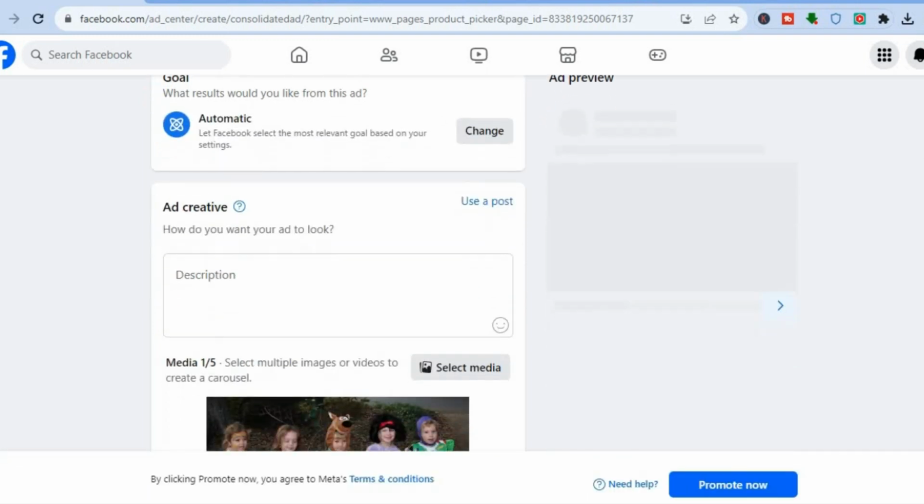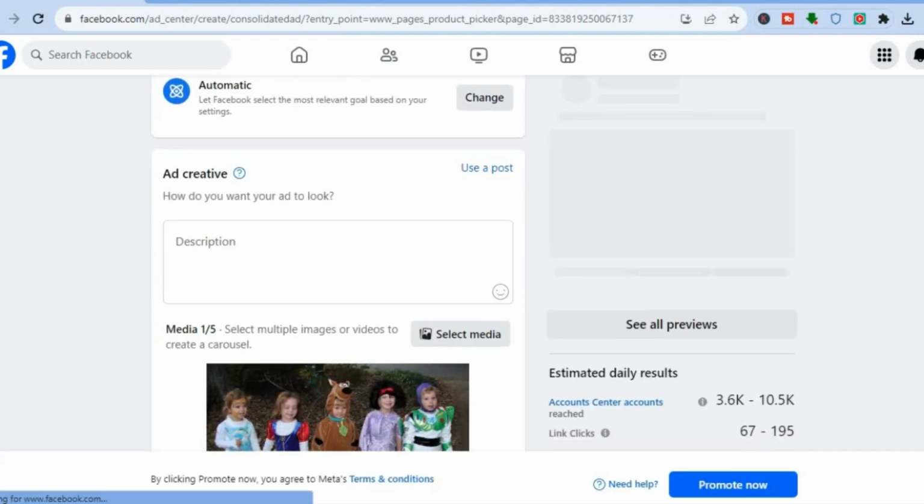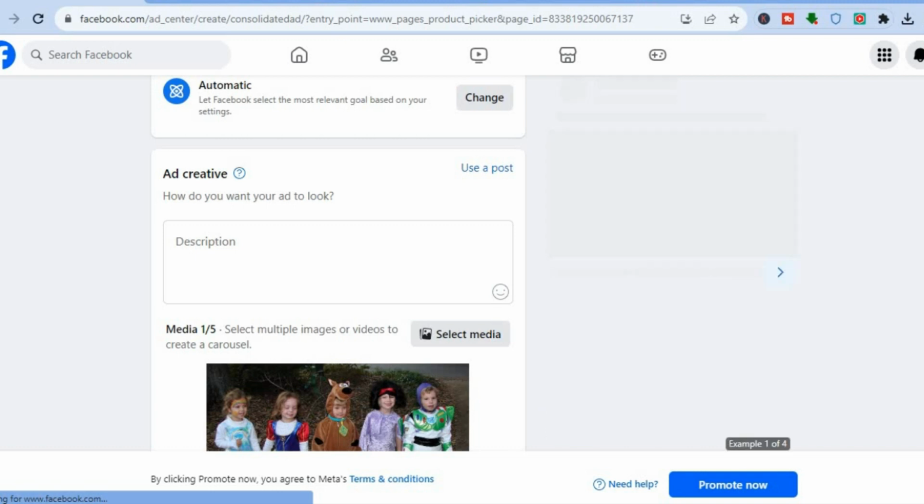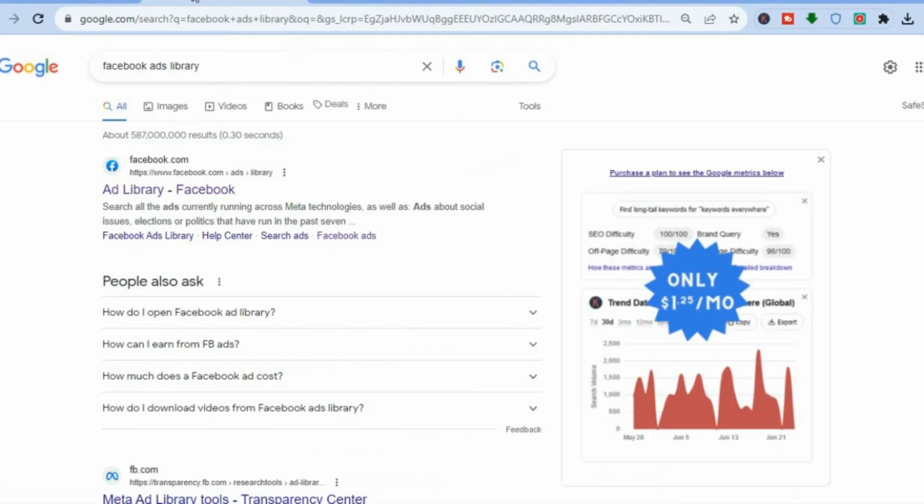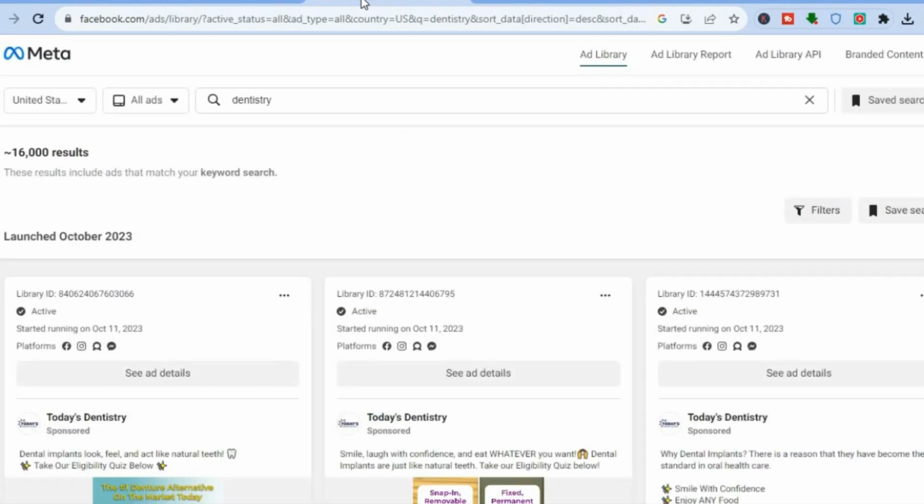Once on this page, you are going to scroll down and you'll now be able to create your first Facebook ad. But before getting started, I want you to open another tab and I want you to type in Facebook Ads Library. Then you are going to select the first option at the top. The reason why we are doing this is I want you to see some examples of the type of ads that are currently running on Facebook so that you can see how they look and we can also get an